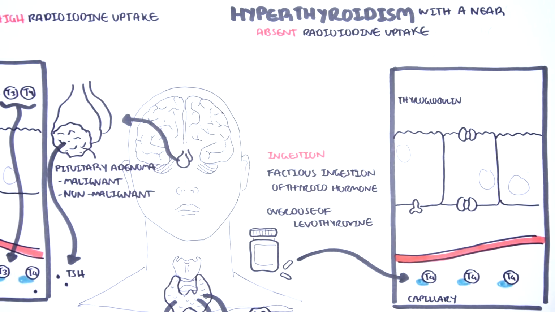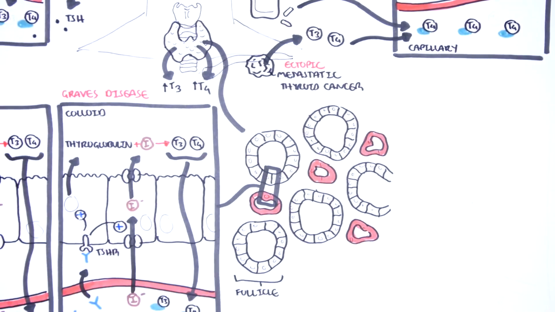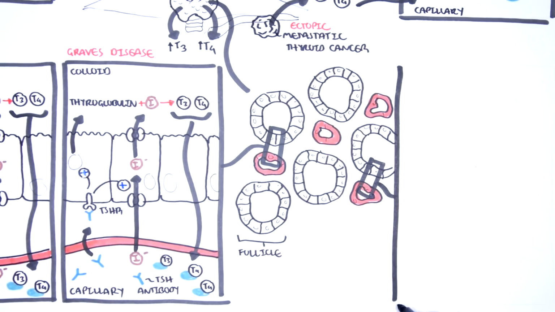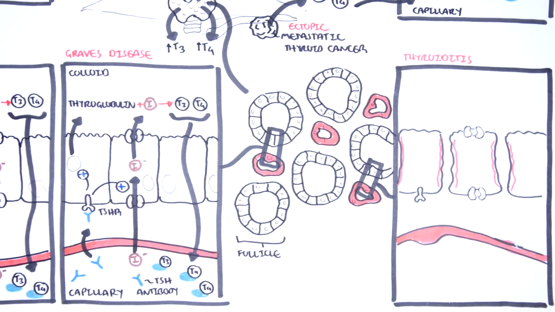Ectopic production of thyroid hormones from thyroid cancer metastasis to other organs, for example, thyroid cancer metastasis to the bones nearby, is another cause. This metastatic thyroid cancer can begin to produce thyroid hormones, increasing thyroid hormone levels. Not sure why this is placed under the hyperthyroidism with near absent radioiodine uptake, because technically there is an increase in thyroid hormone synthesis. Anyway, the final cause of hyperthyroidism with near absent radioiodine uptake is thyroiditis, which is inflammation